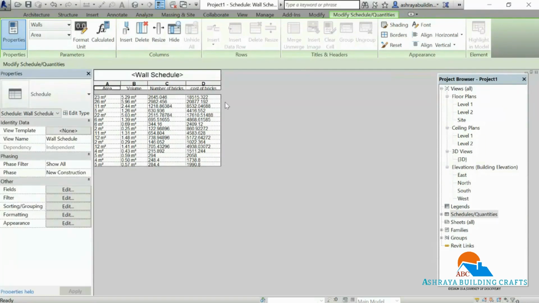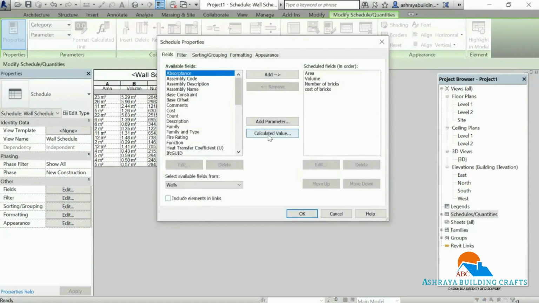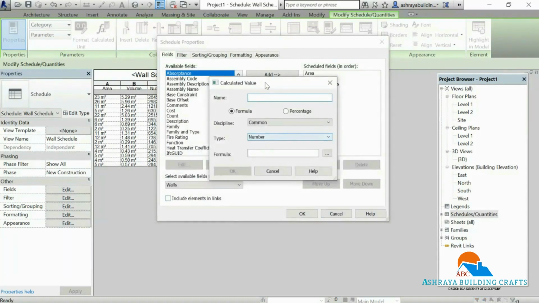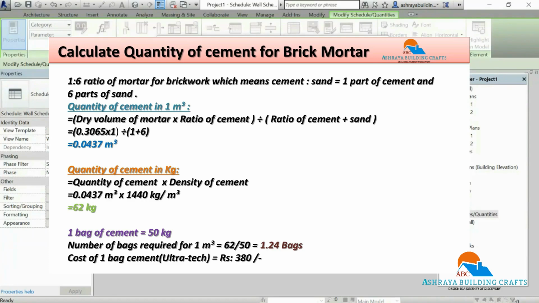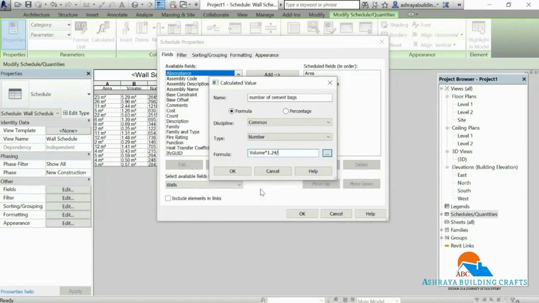Now we need to calculate sand quantity and cement quantity. First I need to add cement quantity. Click on edit, add calculated value, number of cement bags, formula volume multiplied by 1.24 as represented per 1 cubic meter.